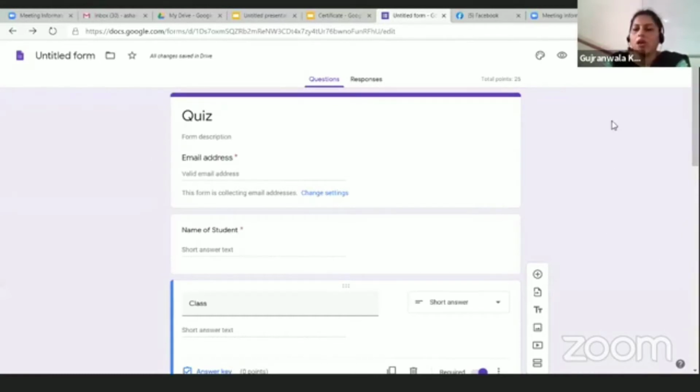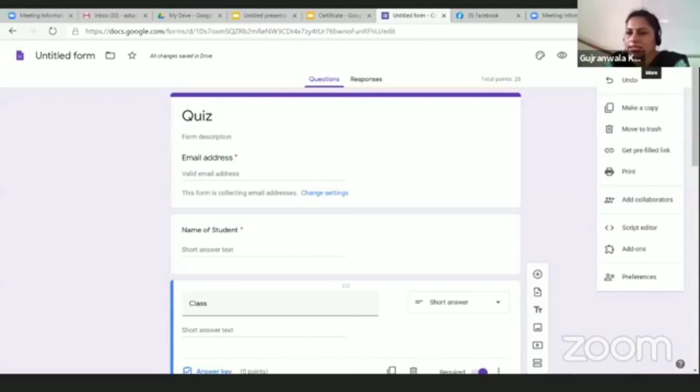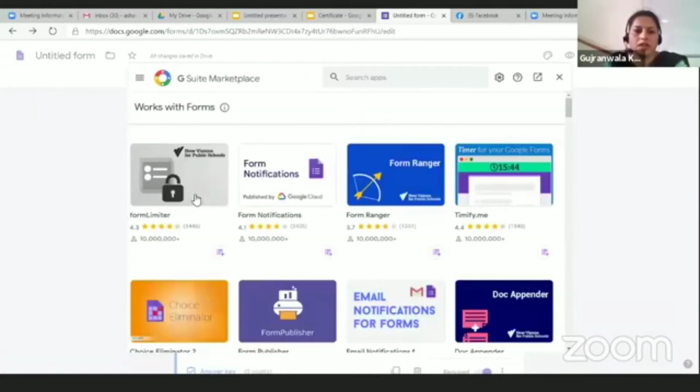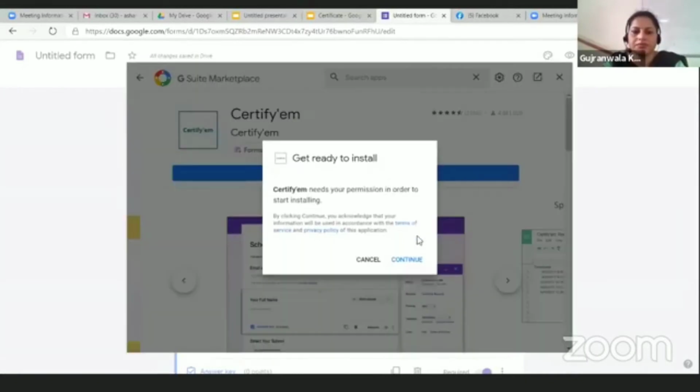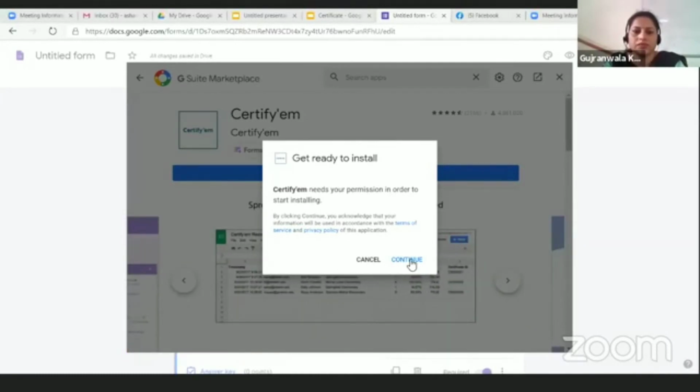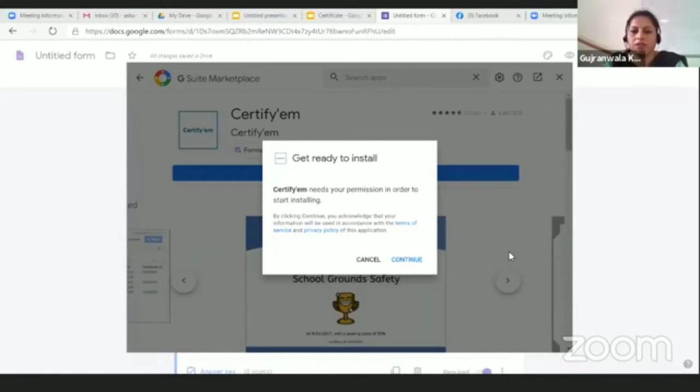So the steps, okay, let's go. Here we have the quiz, and now I want to add the Certify add-on. You will click on these three dots over the upper right corner, then select add-ons. Here you can search for Certify. Okay, you can just click it, install, continue, choose which account you want to use, and you have to give the permissions to Certify, allow.